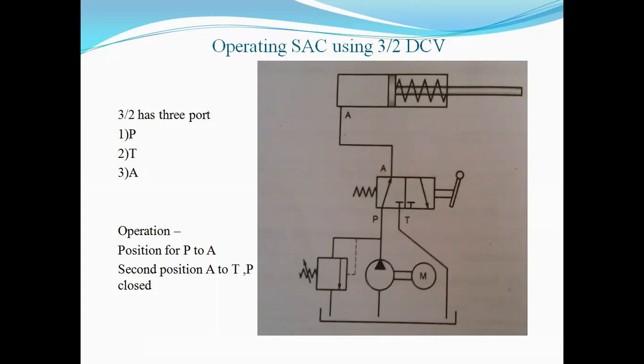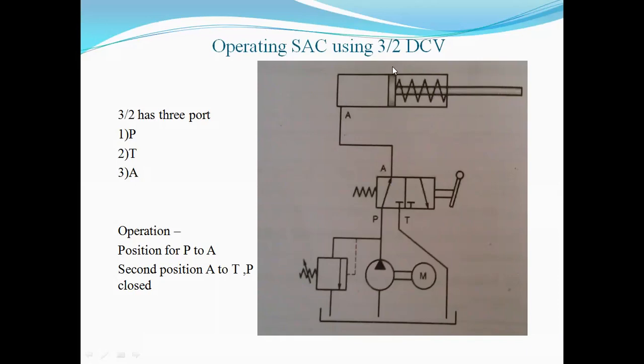Okay. So in this case, when we see the normal actuation position, the high pressure hydraulic oil will start flowing through this P, that is the pressure point, to A, that is the actuator point. So it will start flowing through P to A and will move the actuator forward by compressing this spring.